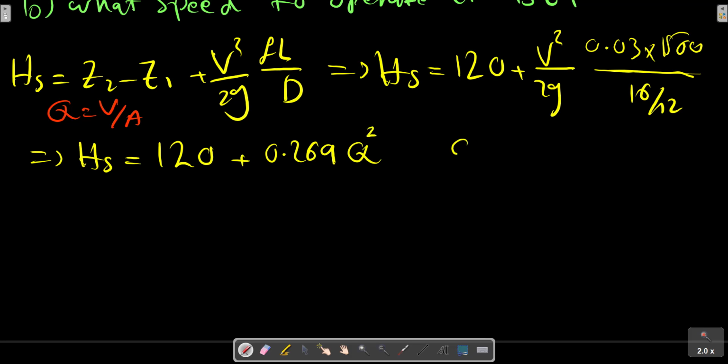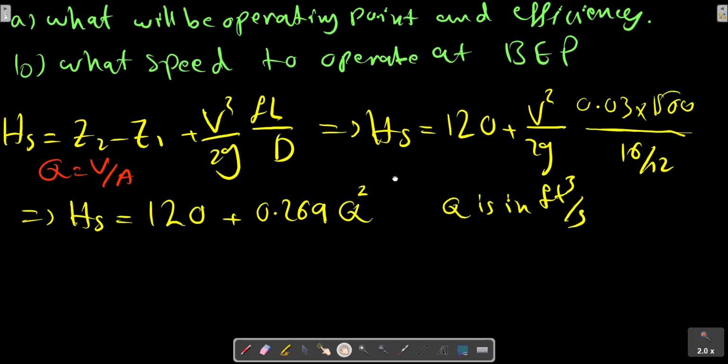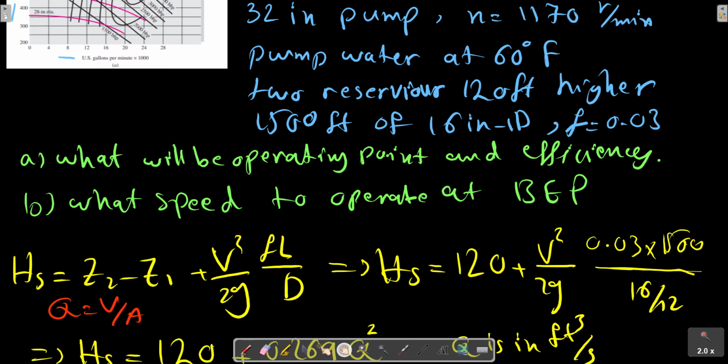In this relation, Q is in foot cube on second, but in the diagram we have the units